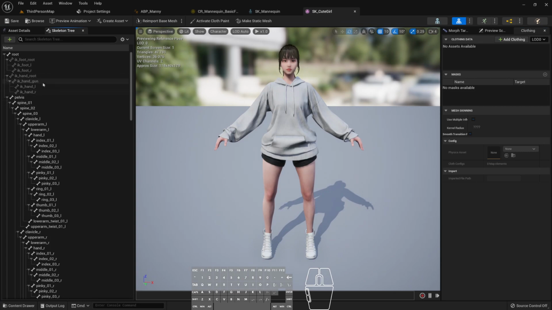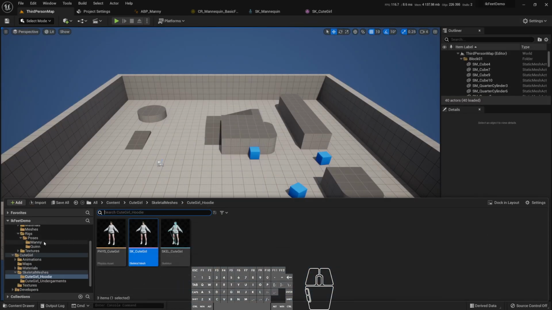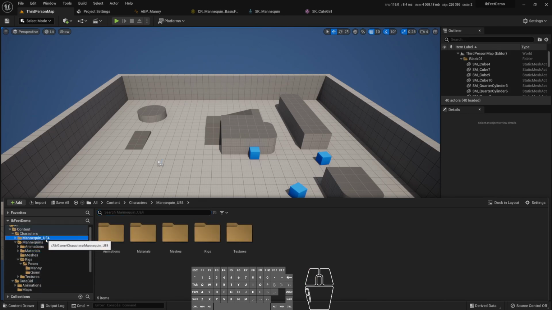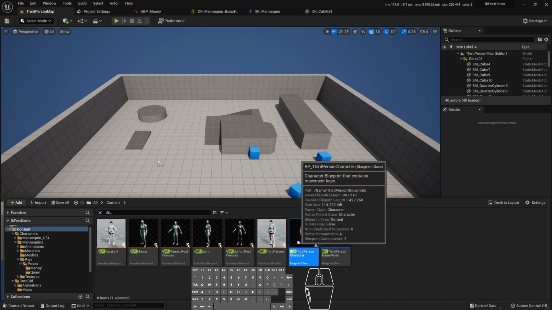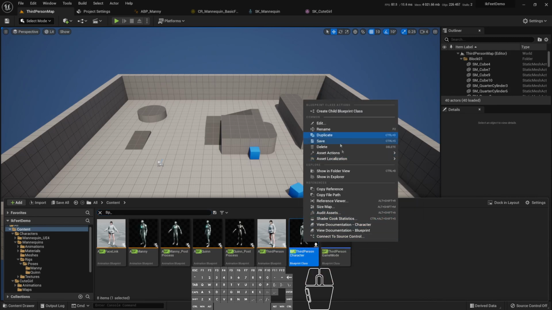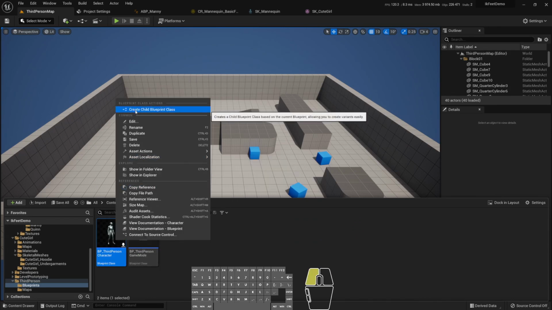And here we have it. Okay, so we could... Where's our character now? If I'm searching for a specific blueprint, I can search it like this, blueprint, third person character, and I'm just gonna show it in folder view so I know where it is. I'm just gonna create a child blueprint,